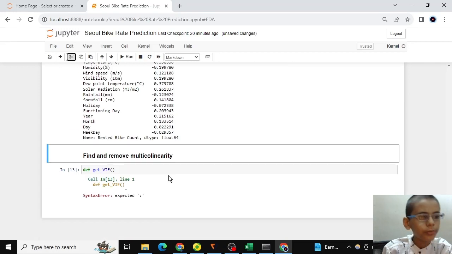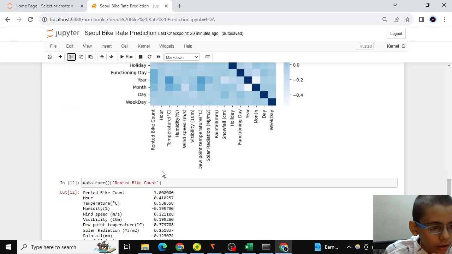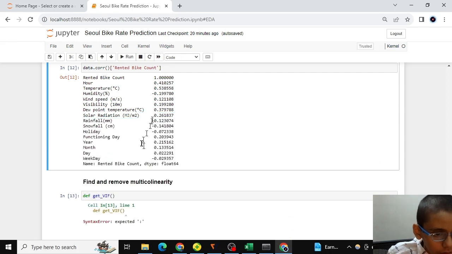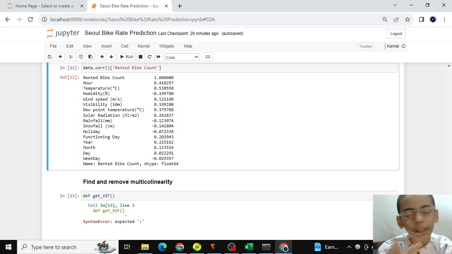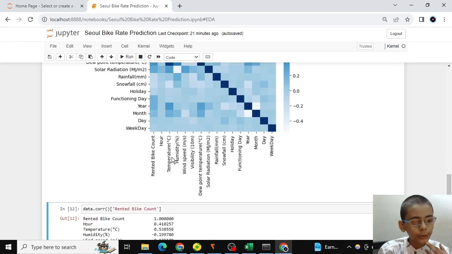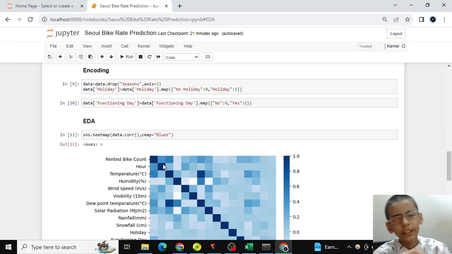Visibility has correlation of... both columns are important. We can drop any one of it. We will see that in our VIF factor. This shows a little bit of multicollinearity. It means we have multicollinearity and we have to find and delete that.